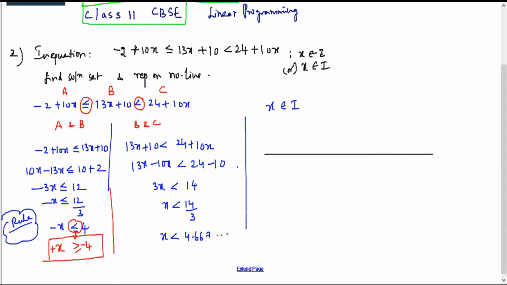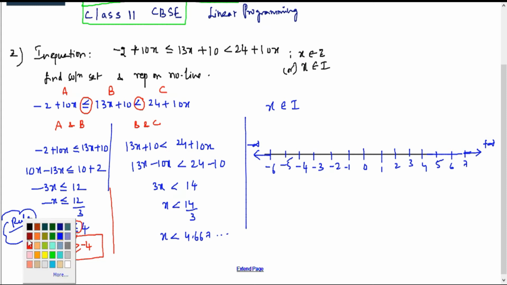On the number line, let's say x is greater than or equal to minus 4 and x should be less than 4.6. Somewhere I can say that this is minus 4, minus 5, minus 6 here, and just draw this again. And then minus 3, minus 2, minus 1, 0, 1, 2, 3, 4, 5, 6, 7, something like this. There are 3 values on either side, you should find it. So plus infinity, and this is minus infinity, of course.